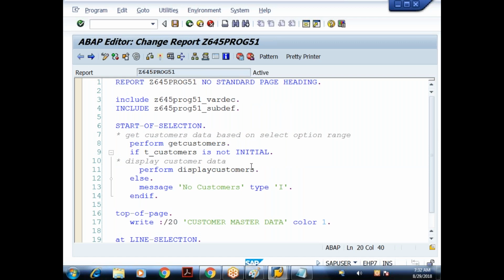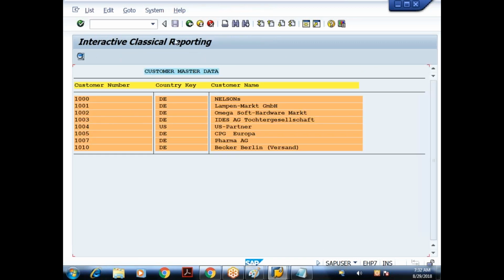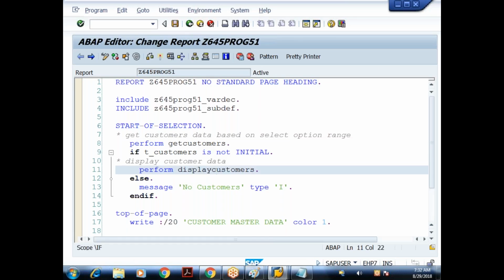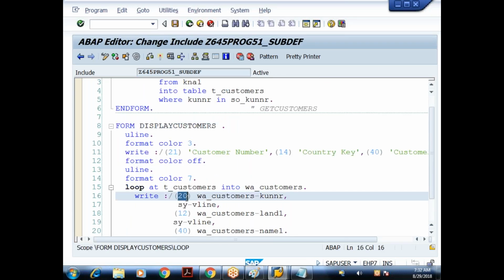Where is the customer number in that line? As the first entry only. So how much width did you reserve for that customer number data? 20. By default it is 10 only, but when I'm displaying, I'm reserving 20 spaces. So the first 20 spaces of that particular line is the customer number. If you're not giving the width, the first 10 spaces will be the customer number. So what I'll do here is